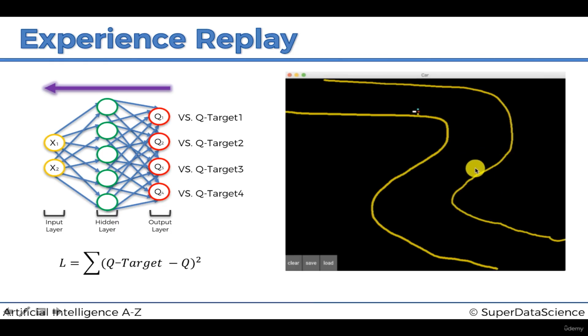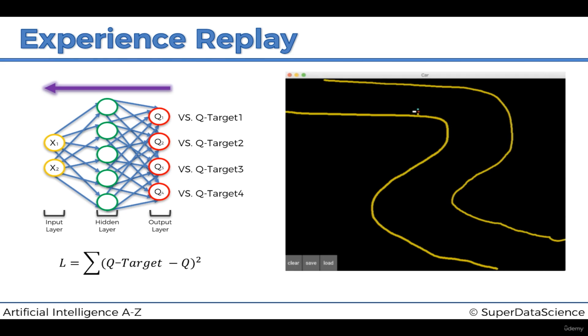So therefore now it learns from these experiences, and that way this right-hand corner might come up several times in its learning process because it was in that batch when the batch was around there, then it was in the batch here, in the batch here. So it came up in several batches because a batch might be updated as a rolling window of experiences. The older experiences get kicked out, the newer experiences are added, and then again, older experiences get kicked out. So an experience stays in the batch for quite some time, and the car or agent can learn from that experience several times. So that's another advantage of experience replay.